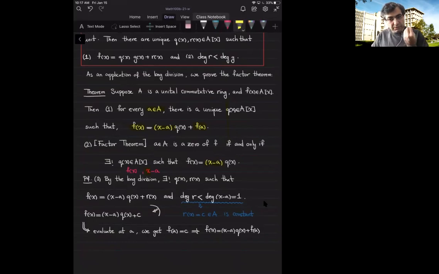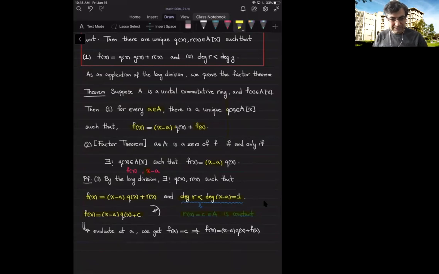And we deduce that there is a unique quotient q and a unique remainder r, such that these two properties hold. f of x is x minus a times the quotient plus the remainder, and the degree of the remainder is strictly less than the degree of x minus a. But the degree of x minus a is 1. So this means r should be a constant. So we get that r is a constant, and that means r of x is some element of the ring A. So let's call that element C,